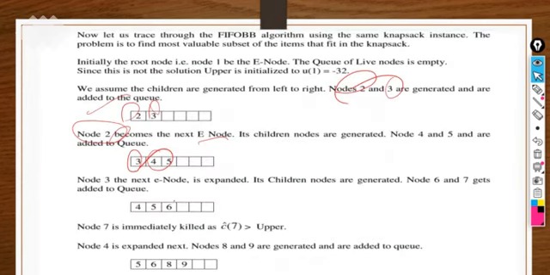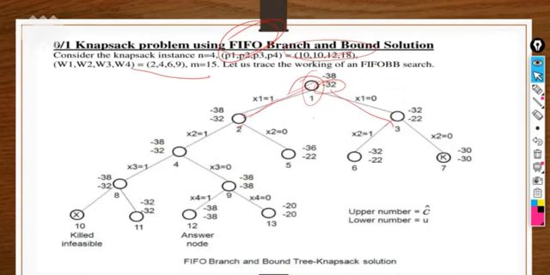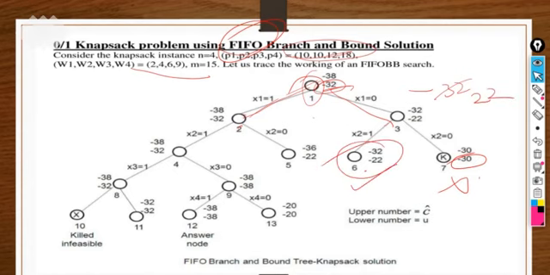So we have to add 6 here, but we will not need to add 7, because it will be killed immediately, because the upper bound of 7 is greater than the already existing one. So minus 32 is already available, minus 30 is greater, so it will be killed, but minus 22 is less, so we will update it with minus 22. So we will not kill it, we will add it in a list.